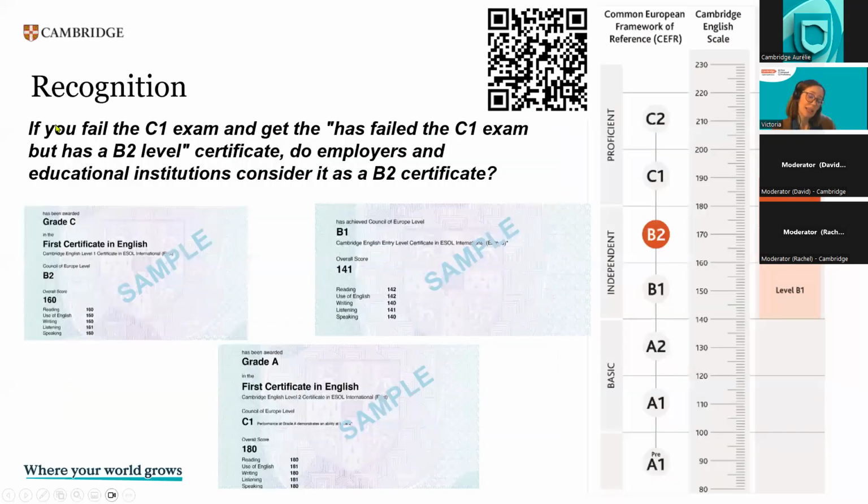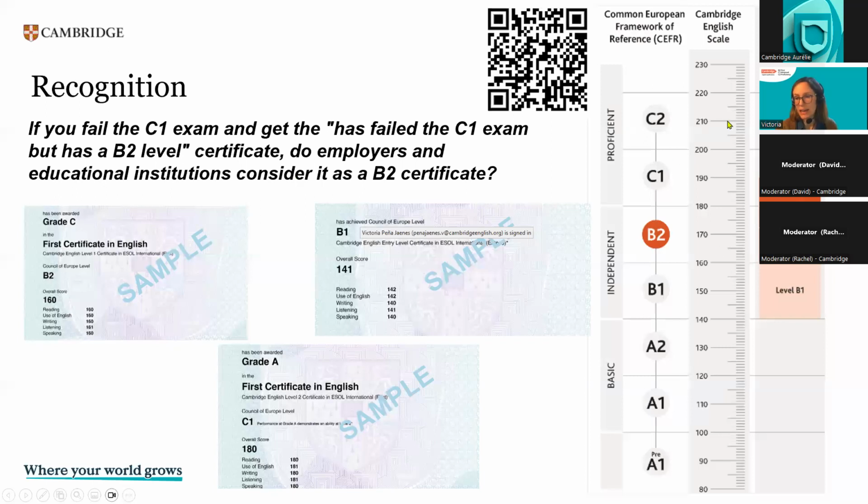Okay, so as I said, both formats have the same recognition. And this leads me to the first question that you asked, and it had to do with taking the exam and not meeting the score to achieve the level. Okay, so the target level. You know that B2 First for Schools and B2 First have B2 as their target level. So if you don't reach that pass mark, what happens? Well,